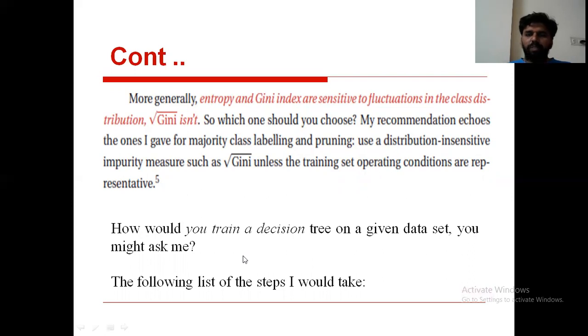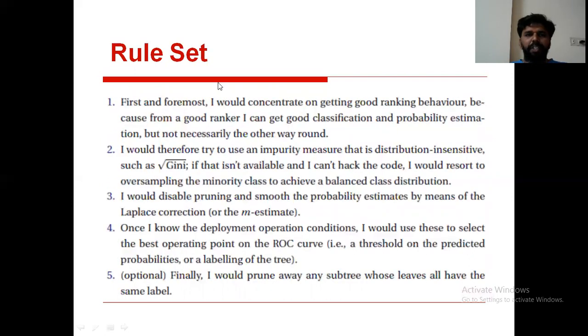Then you need to follow the following rules to construct a decision tree. These are called the rule set to construct a decision tree. The first rule from the rule set is,